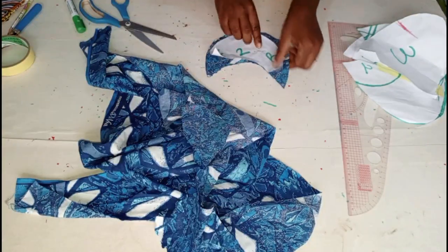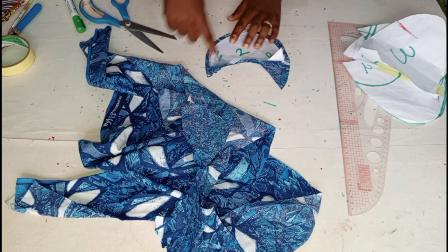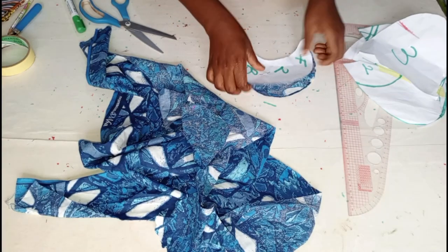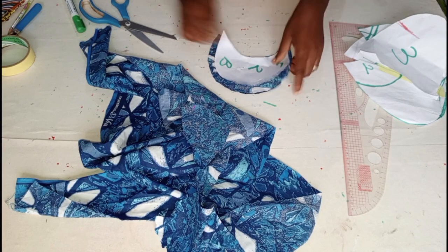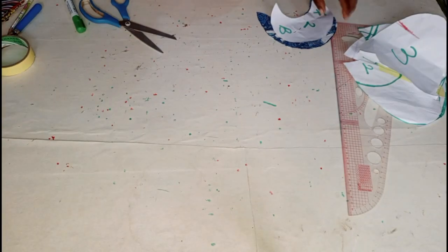So this is it. You use your pin to hold it so that you won't be confused. This is the front part and this is the back aspect. So this is it. You can see. So you use your pin to hold it so that you won't be confused. So now I still need to cut one of these pieces. So I'll be making use of another material. So for that,